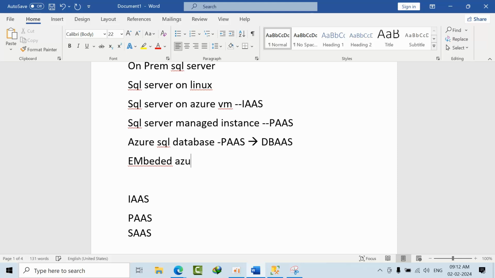embedded Azure SQL database. It means I am a DB admin, I can create a SQL Server manually, but the Power BI or analytics guys don't know how to create Azure SQL database. They will deploy Azure Synapse Analytics, and internally Azure SQL database will get created.